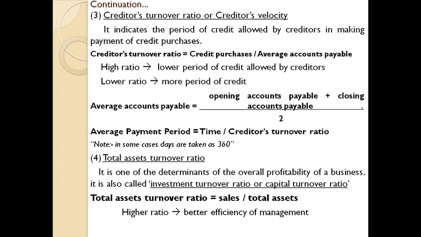If you are getting a higher total asset turnover ratio, it indicates better efficiency of the management in the utilization of total assets or total funds of the business in improving sales. Whereas a lower ratio signifies the inefficiency of the organization in utilizing the scarce resources of the organization. This ratio is used to identify how much the resources or assets contribute to increasing sales.